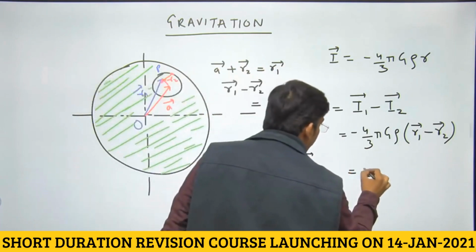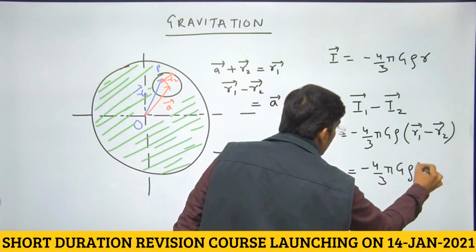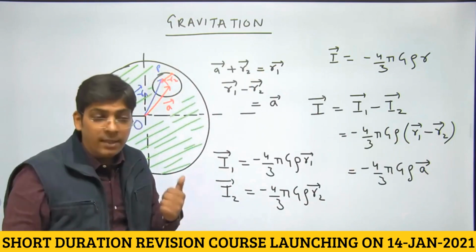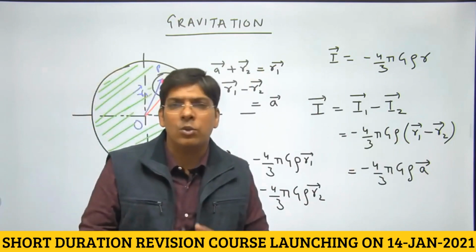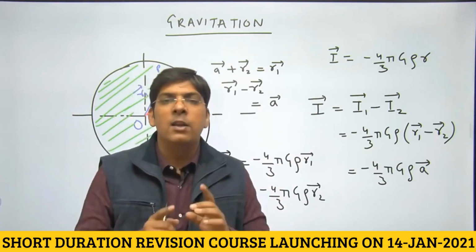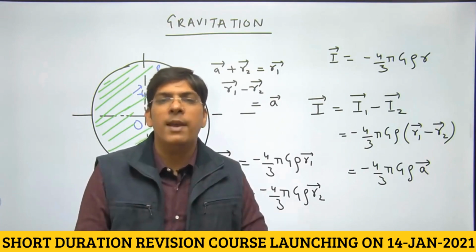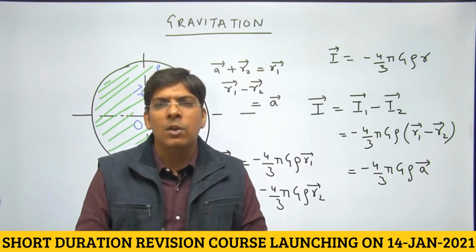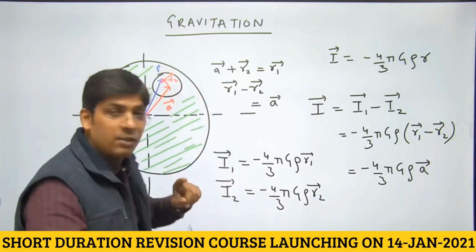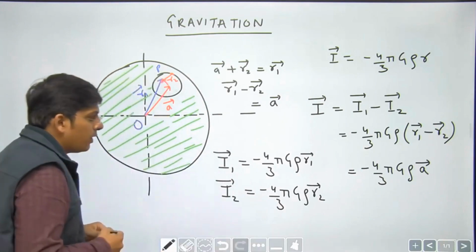So gravitational field intensity is constant in magnitude at every point inside the cavity. You can learn it as a theoretical concept also. Gravitational field intensity inside the cavity is constant in magnitude, right? Is uniform everywhere inside the cavity. It depends only on the position of the cavity where the center is, not on the size of the cavity, dear students. So kindly note down, dear students.